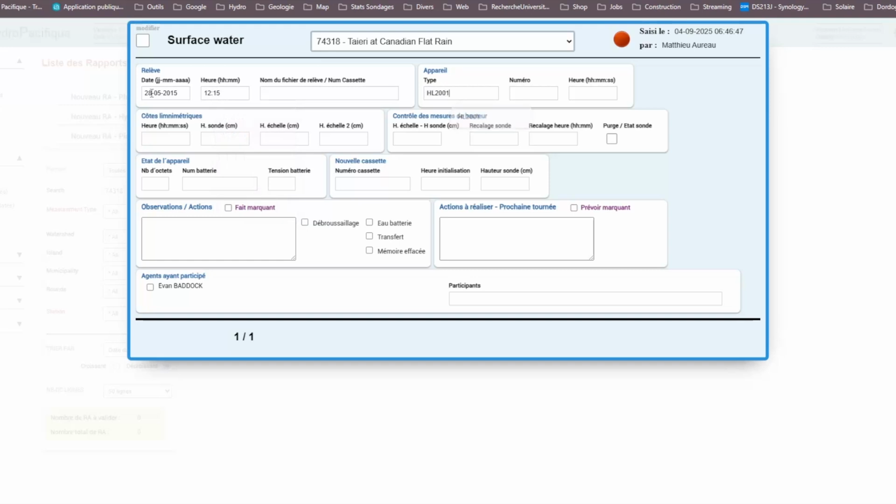then you can enter your sensor type, your sensor number, and then the time again, the sensor value, so here it's water level, the scale, which is the external reference. You can even enter the battery number, the voltage,